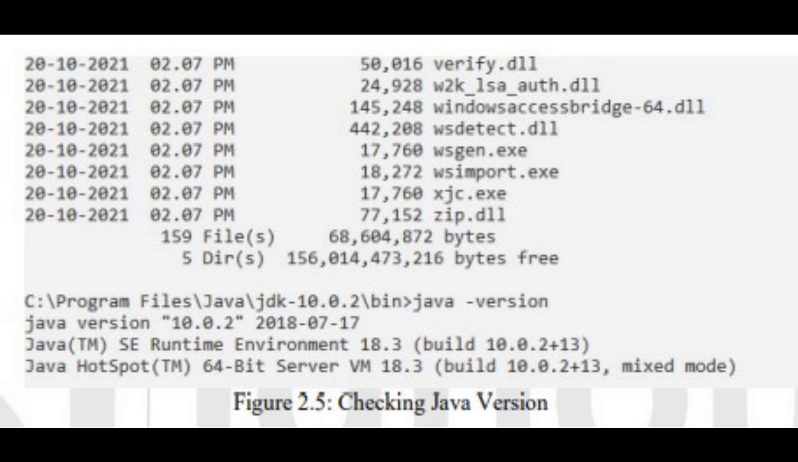First, check whether Java is already installed by executing the command java -version in the terminal or command prompt, as shown in Figure 2.5. Look at the screen, Figure 2.5, checking Java version. If Java is not installed in your system, then first of all, download the latest version of JDK from its official website,